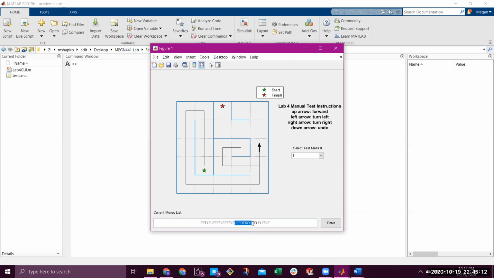And then I found, let's see here. Yeah, there it is. Okay, so in this case, I found this double right. It's matched by forwards on either side, because that's how I got into the dead end at this spot. So normally what I would do is take those and this left on the far end, take all those and replace it with one right instead. So now if I press enter,